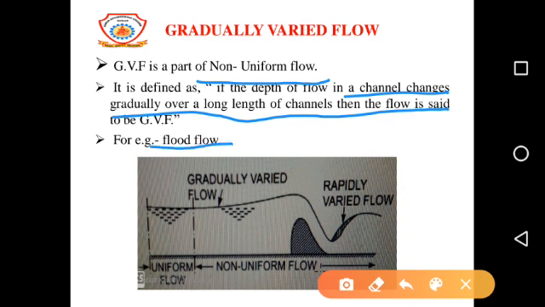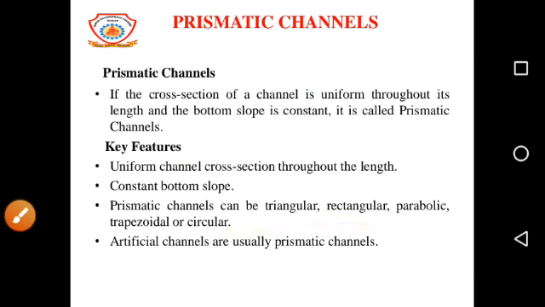For example, flood flow. मतलब क्या हुआ? It can be understood by the help of this diagram. Suppose there is the velocity, flow of velocity V. Okay, and this one is the section. Before this one, all the flows come under the category of uniform flow, and after that it consists of non-uniform flow. Non-uniform flow basically are of three types, as we have discussed. Only two of them are important, that is GVF and RVF. RVF में the depth of flow changes suddenly, and in GVF the depth of flow changes very gradually along the length of channel. Okay, and in the next slide